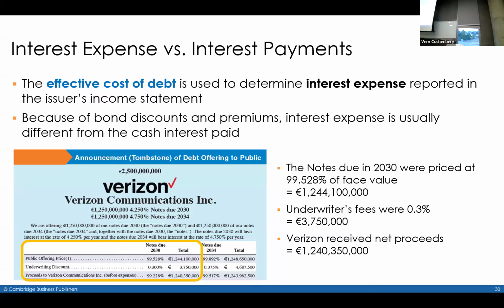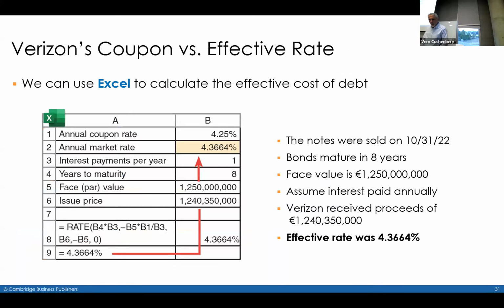This is a good example of the type of disclosure that you're likely to see. This is unique to the 1.2 billion euro issuance for notes due in 2030, and 1.2 billion euro issuance of more notes due in 2034. It's beyond the scope of this class that you would find the prospectus associated with those bonds, or they would call it a memoranda. But what you will find